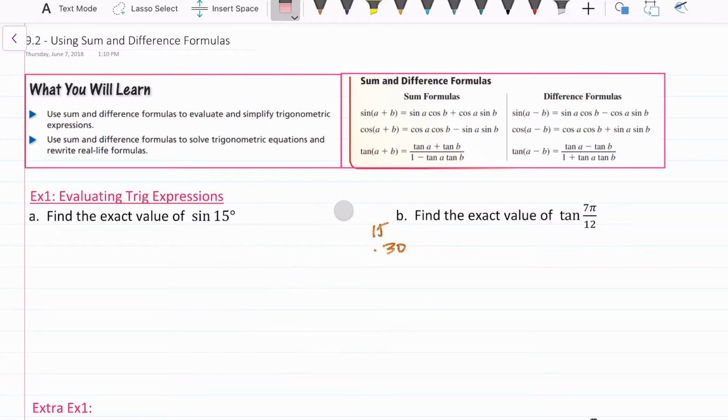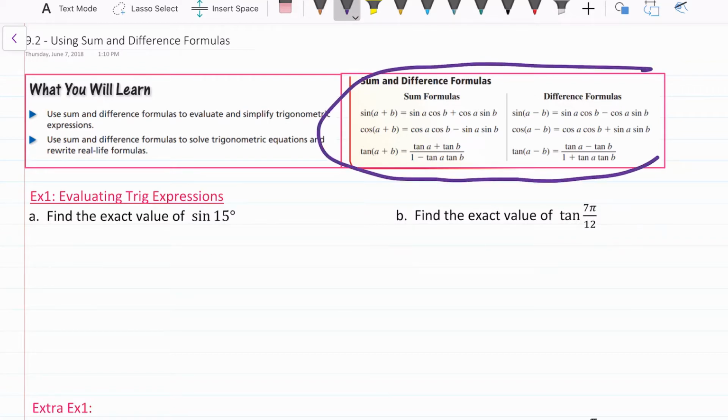However, if it's not on the unit circle and it's sine of 15, then you can put it in your calculator. That'll give you a decimal answer, but it won't give you an exact answer. So instead, we're going to be using the sum and difference formulas of sine, cosine, and tangent. So here we go. The first thing you have to do is to pick the numbers for sine, cosine,